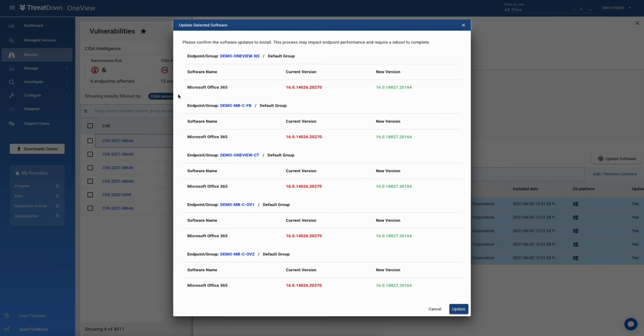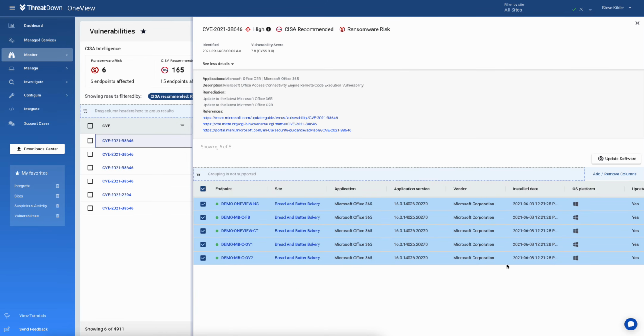Hey, let's update software. We're going to say, this particular endpoint, go to Microsoft, download and install the new version so you can remediate that vulnerability. The updating of OSs you can do scheduled as well, and you can set criticalities on that,